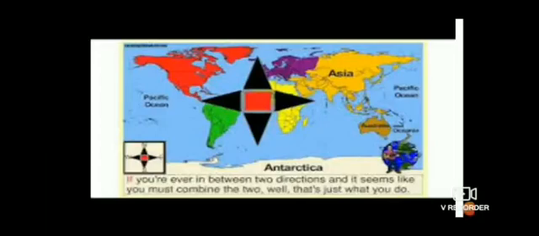The first thing to note in a map is the direction. The top of a map shows the north direction, while the bottom of a map shows the south direction. Towards the right is the east and the west lies towards the left. The point between the north and the west is the northwest, while the point between the north and the east is the northeast. There are lots of interesting ways to find directions.